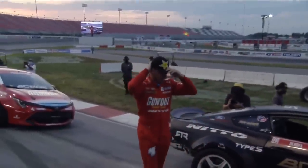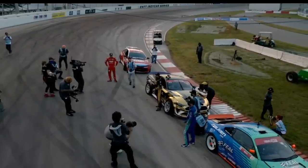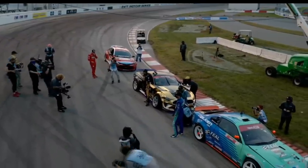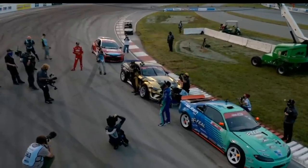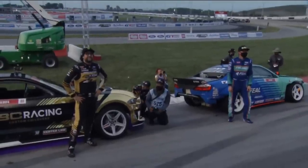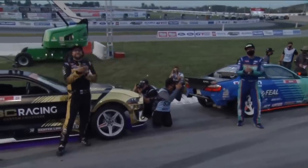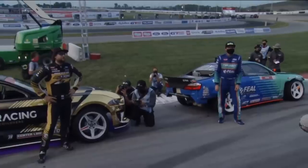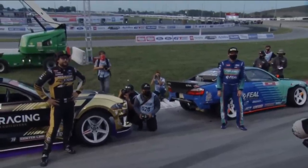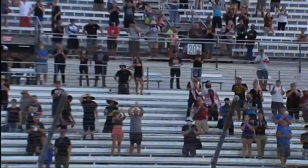And now your winner at round 2, the first ever Formula Drift Pro Championship doubleheader. First ever Formula Drift round on Sunday. Has a V8 under the hood of his vehicle. Was it Odie or was it Chelsea? Make some noise. Chelsea? Or was it Odie? Your winner here, round 2 of the Formula Drift Pro Championship, unanimously, is Chelsea Denofa. Chelsea Denofa gets the win in the BC Racing Nitto Tire Ford Performance Mustang RTR Spec 5D